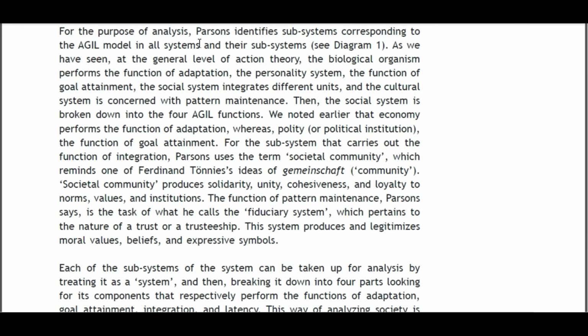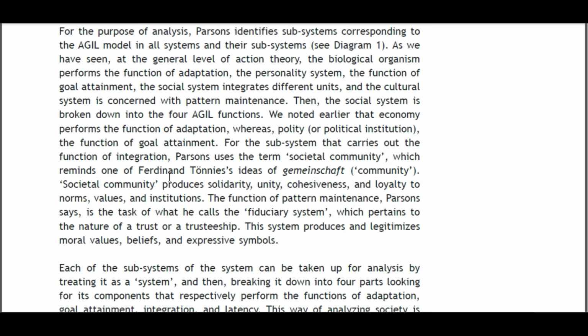For the purpose of analysis, Parsons identifies subsystems corresponding to the AGIL model in all systems and their subsystems. As we have seen at the general level of action theory, the biological organism performs the function of adaptation, and the personality system the function of goal attainment. The social system integrates the different units, and the cultural system is concerned with pattern maintenance. Then the social system is broken down into four AGIL functions. We noted earlier that the economy performs the function of adaptation, whereas the polity or the political institution performs the function of goal attainment. For the subsystem that carries out the function of integration, Parsons uses the term societal community,